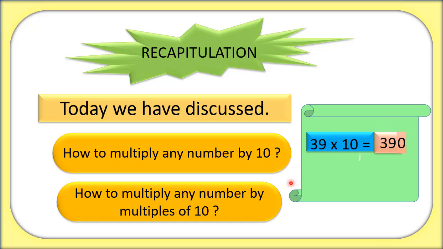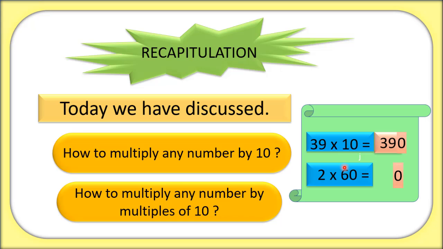My second question is here. You have to multiply 2 by 60. What is 60 here? Yes, 60 is a multiple of 10. अब आप 2 को 10 के मल्टीपल से मल्टीप्लाई करेंगे. So how to multiply this one? आप 2 को सबसे पहले 0 से मल्टीप्लाई करेंगे. And what is the answer? 0. Good. अब सेकंड स्टेप में आपने क्या करना है?